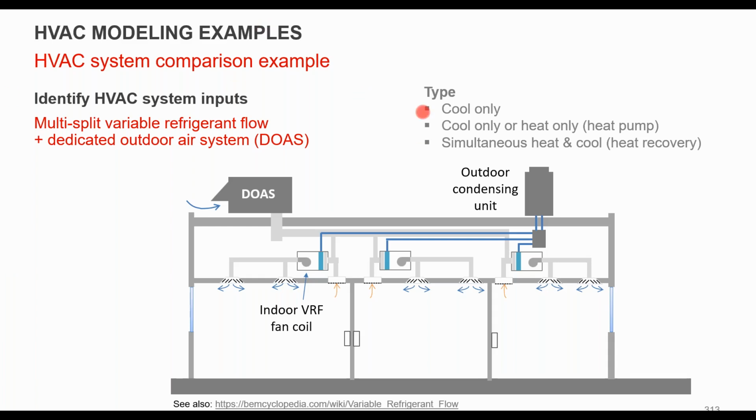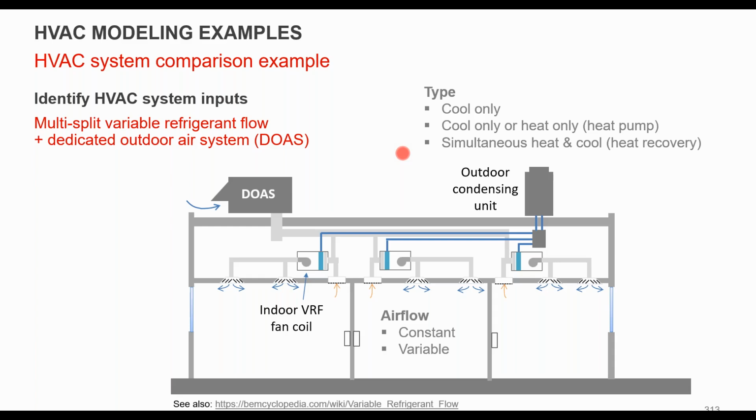One thing you need to be concerned about, particularly the type of equipment, but also what the software is capable of modeling, because there are different types of these systems. There's cooling only systems. There's systems that can operate only in cooling and only in heating, and then there's ones that have a simultaneous operation. It takes a lot more detail to model out the simultaneous ones, and some software does it well, some you kind of have to do it manually after the fact. But again, be aware that there are lots of options out there.